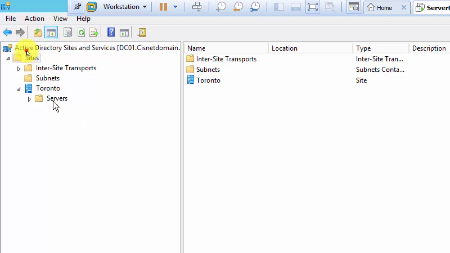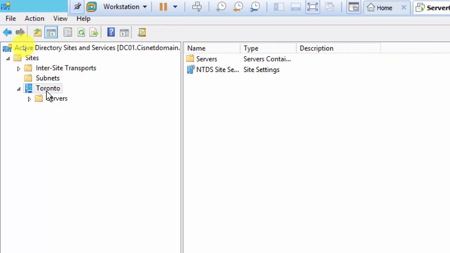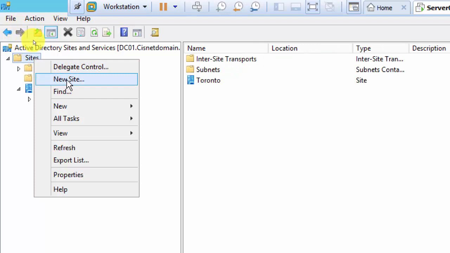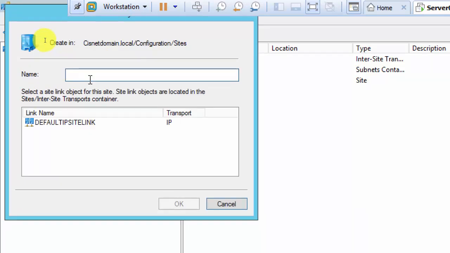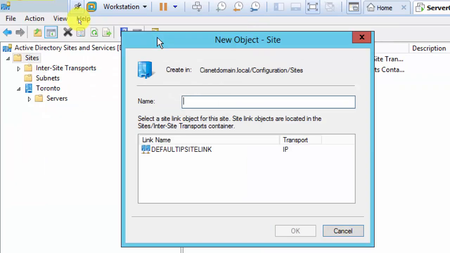Now I'm going to create a child domain, but here let's just create 6 sites, which are imaginary sites. If I go to sites and right click, new site. Suppose, as in the scenario I was describing, 5 more branches open. They created a child domain there for each site. In fact, 4 sites have a child domain, 1 site has a tree domain, 1 is the root. So I'm just quickly creating 5 more sites. You will get to know the concept now, that this is what a site is all about. There's a site, this is Toronto, there's a site in New York, there's a branch in New York, and